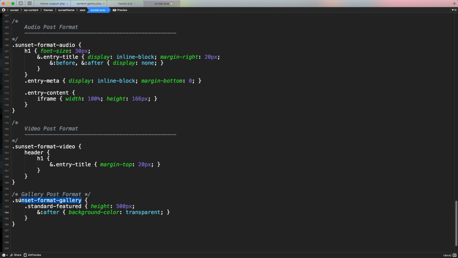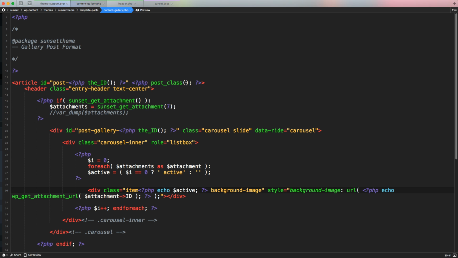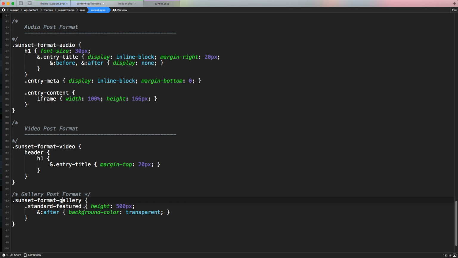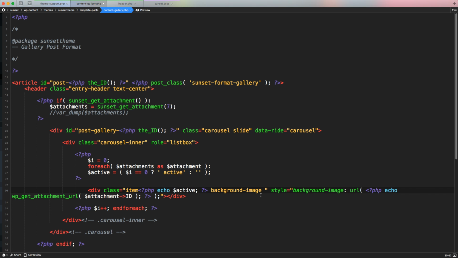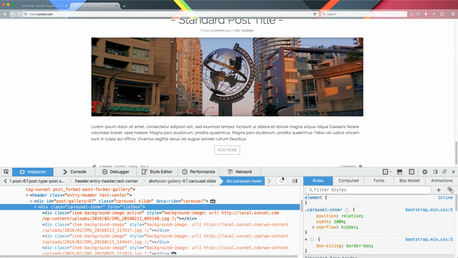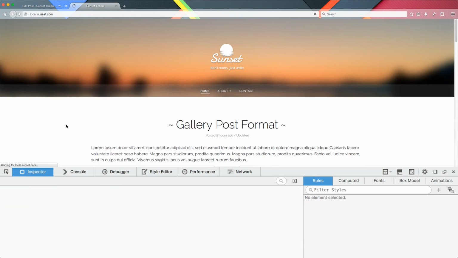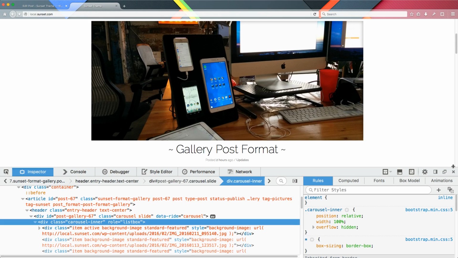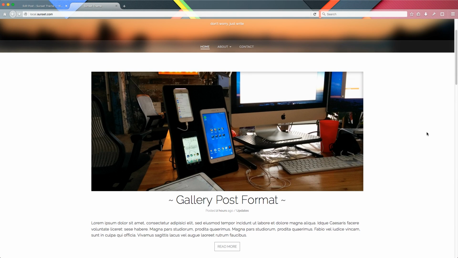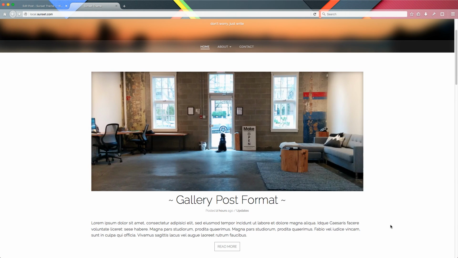The only thing that we have to do is apply this class to our content gallery here, the gallery post format inside the post class gallery format, sunset format gallery. And here inside the item, we have to apply the same class, the standard featured class. Save it. Let's go back in our front end. Scroll up, let's refresh, and now we have our nice slider that is sliding automatically once every 4 or 5